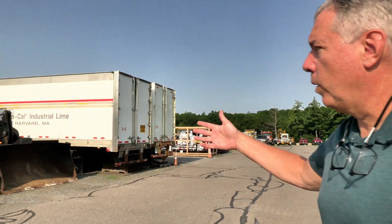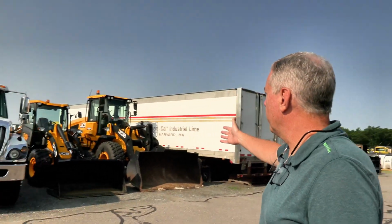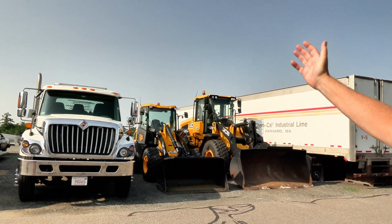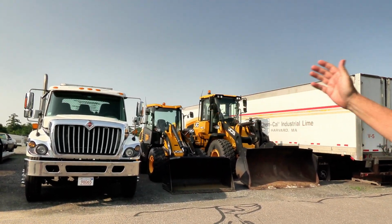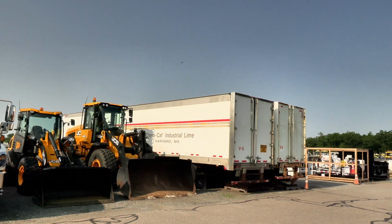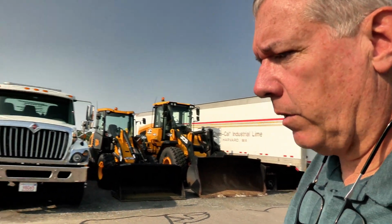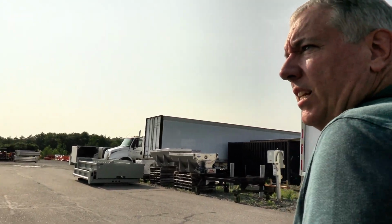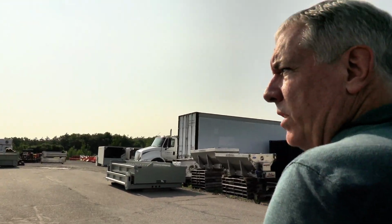So this here is our equipment. So we have it set up with a large area. We have 2 loaders with snow pushers that we run. We have a ramp truck, a hook lift truck, and a platform delivery truck, so we can service our own needs. On the east side of the building, we keep most of the merchandise that we use to install, so